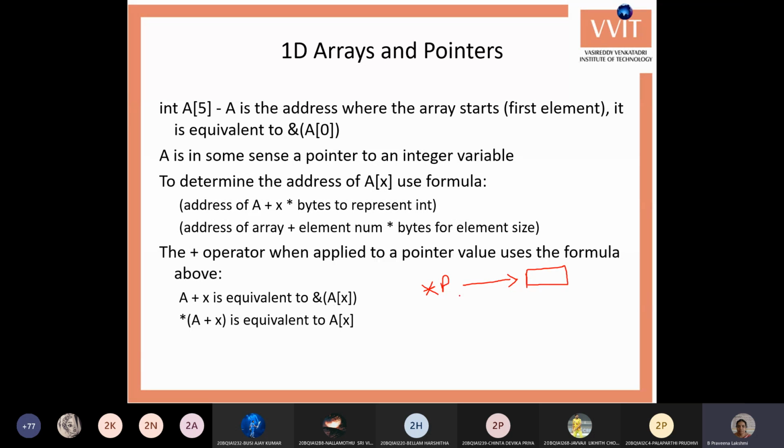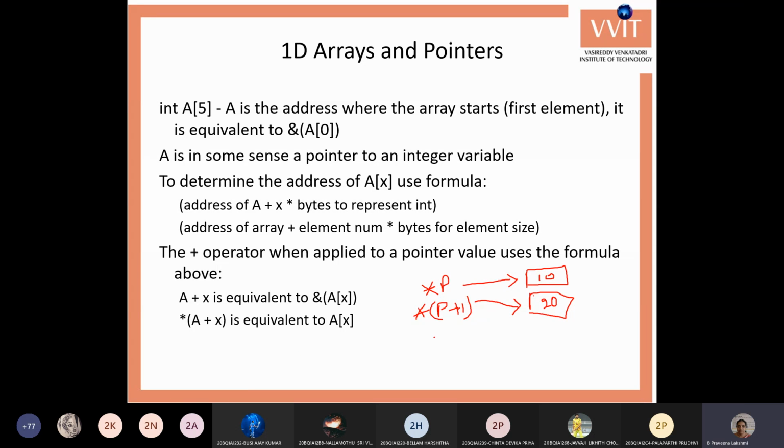The first pointer location can store one value. Whenever you want to store another value, you can move to the next location by p plus 1. So p plus 1 moves to the next location of the current address, and there you can store another value, say 20.